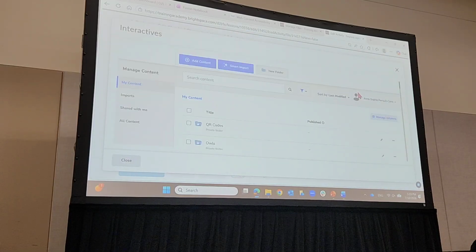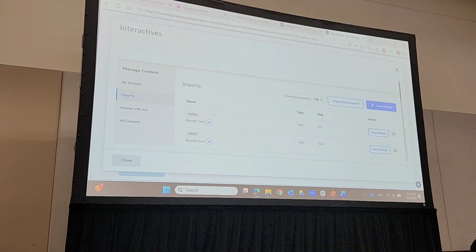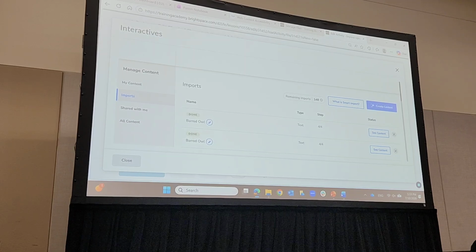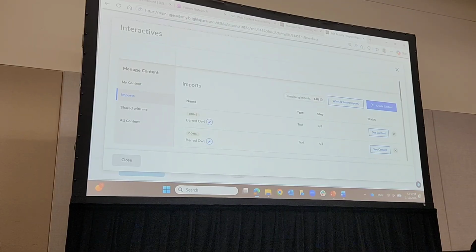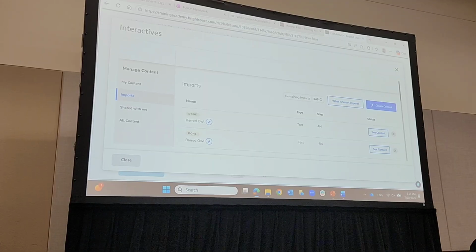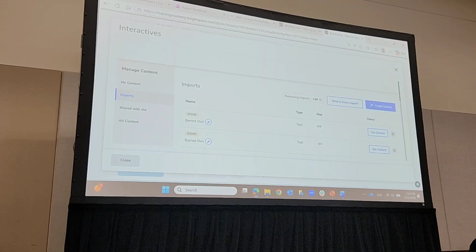When you're in H5P, when you click on Smart Imports, this is the AI functionality, and you can upload text or a document, a video, a website, and it will pull all of that text, and it can make interactives for you. It can't make every interactive, but it can make about 15 of them. So I would try to do that first and see what you think. Otherwise, unfortunately, you will just have to do